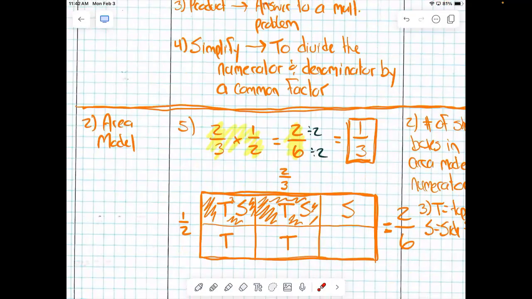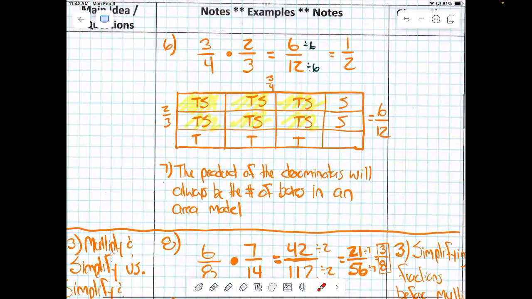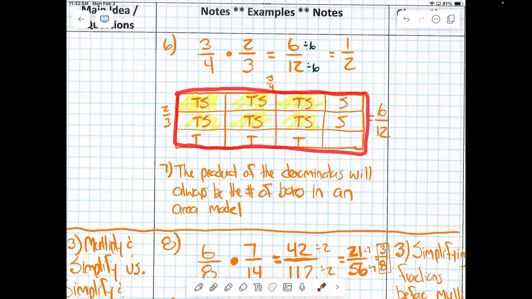Area model. I'm going to actually go down to number 6. So area model, we're going to ignore all of this. We're just multiplying 3/4 times 2/3. What's step 1? Draw a candy bar. Okay, so now my candy bar is drawn. What's step 2? I'm going to write my fraction 3/4 on top, right? What's the next step? 2/3 on the side. So now I have my fractions at the top and the side of the candy bar,